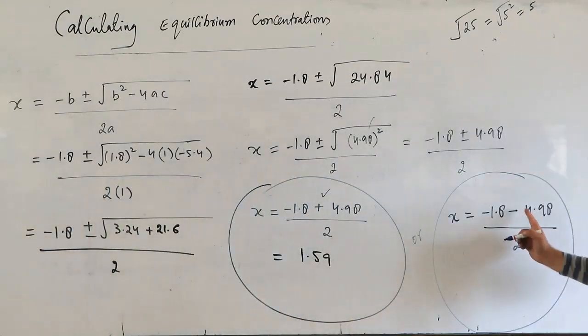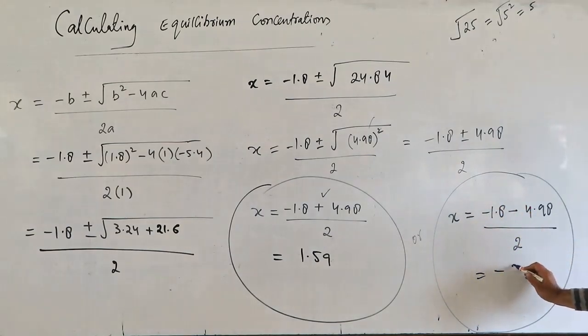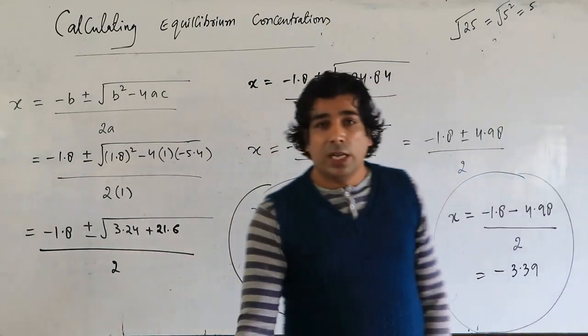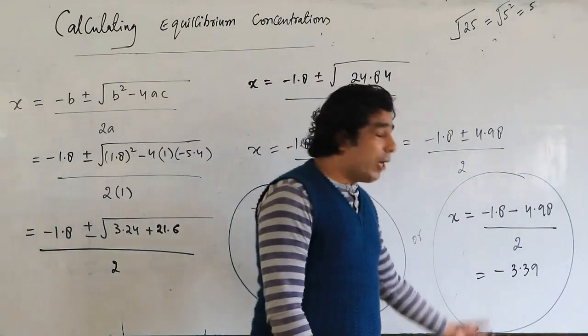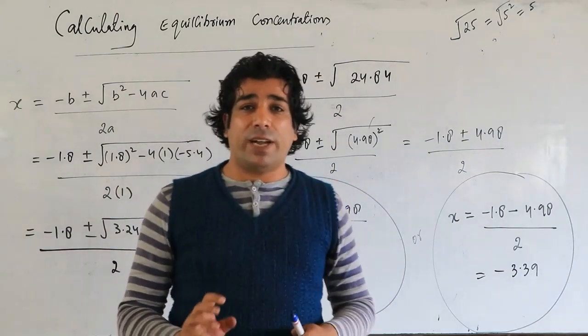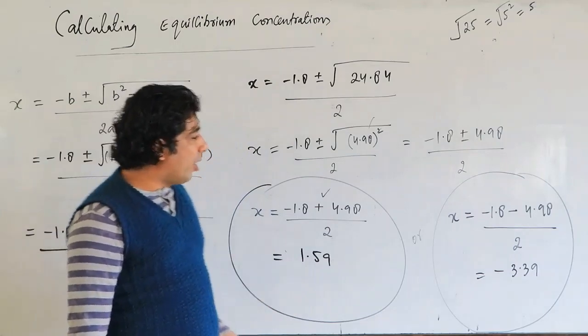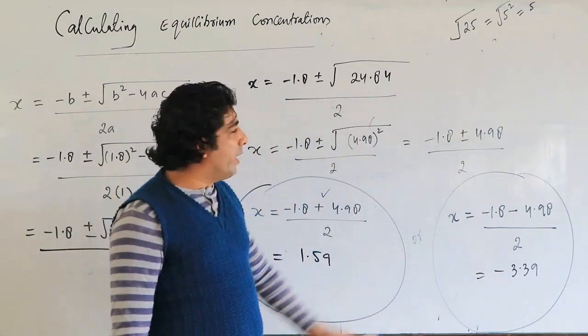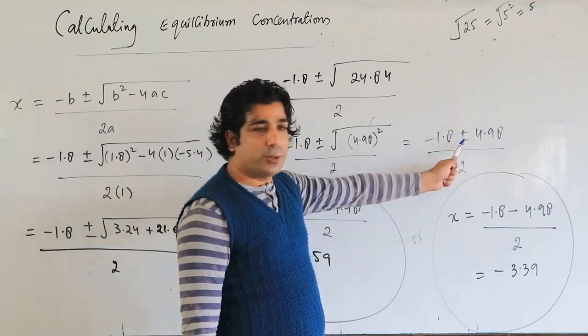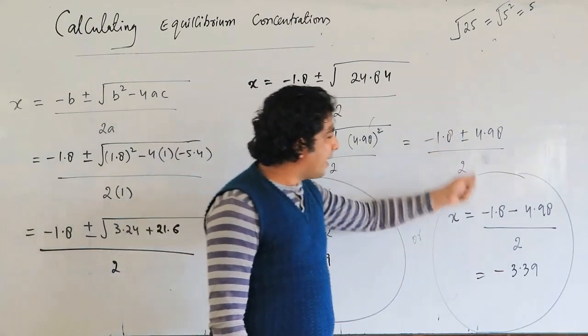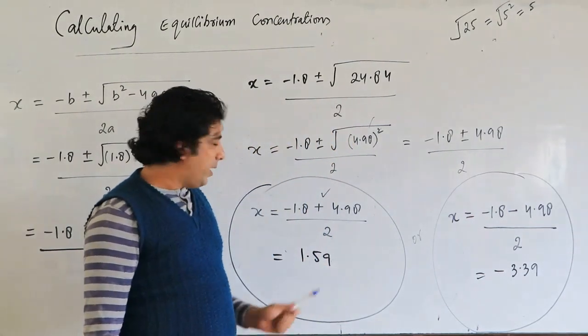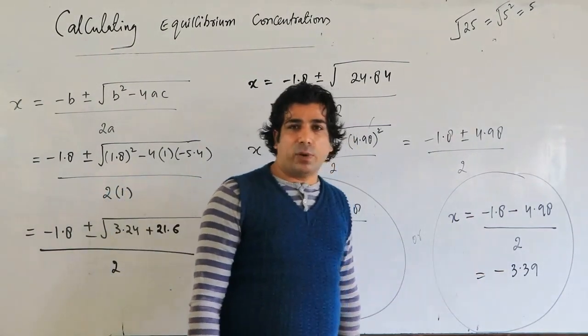And now here these two will be added up, but the sign will remain minus only. So you will be getting here minus 3.39, my dear friends. So whatever you are getting here divided by 2, you will get minus 3.39. Now out of these two values, you have to choose which one is the perfect value of x which we require. Do we require a positive value of x or a negative value of x? We have a formula here, plus minus, yes or no? So I took at the beginning plus, in the second case I took minus. Expressions are same. I got 1.59 and here minus 3.39, my dear friends.